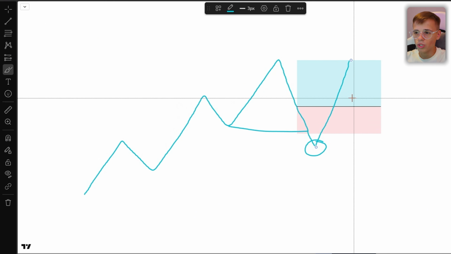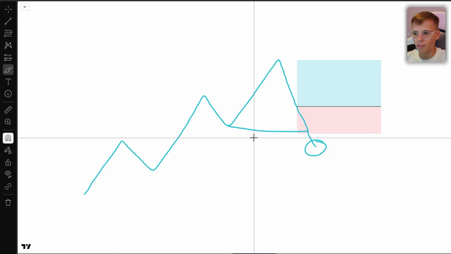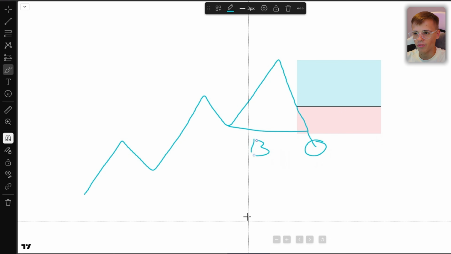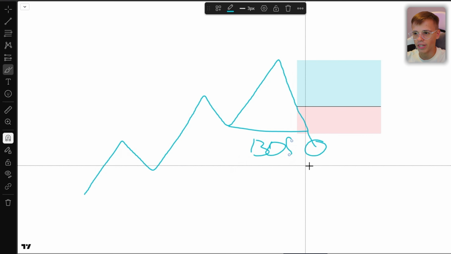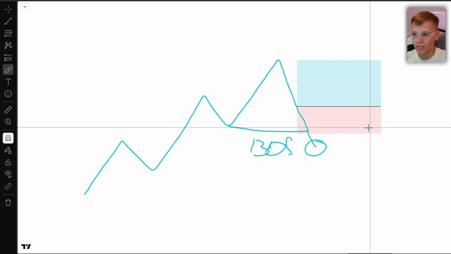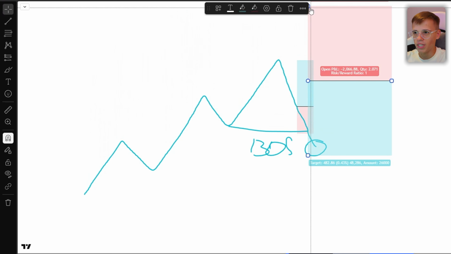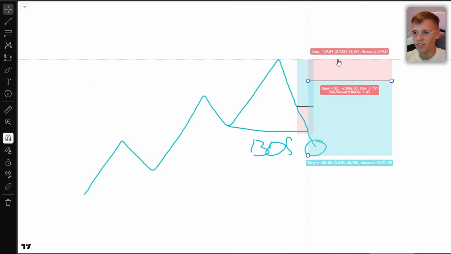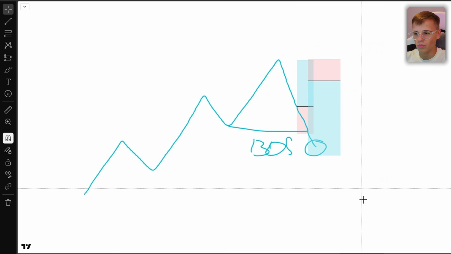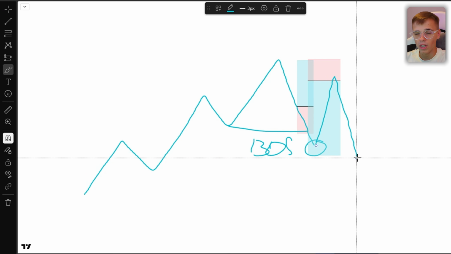And what is even worse is that on this move right here, a lot of people think that this was some kind of break of structure. I cannot really write right here, but this was break of structure like this, and they're expecting moves to the downside. So what a different side of people are going to do is they are going to enter shorts from here with the stop losses above here, and everybody is just going to lose money in the circle. And it is just so sad that people don't understand it. But if anybody understood this, how could everybody make money in the market? That just wouldn't work.